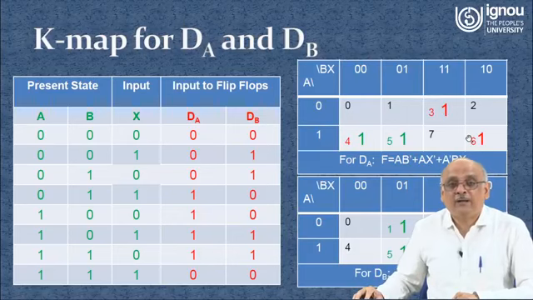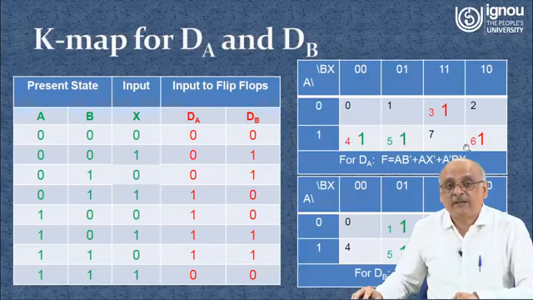Now we need to find the adjacencies for these. Unfortunately very few adjacencies are there. One adjacency is 4 and 5, right? Second adjacency is 4 and 6. Within the 4 and 5, A is common, so A comes here. What is changing here is X. X goes from 0 to 1, so B prime, because B is 0 in both the cases. So the first term is AB prime, plus AX prime happens to be the second adjacency between 6 and 4.